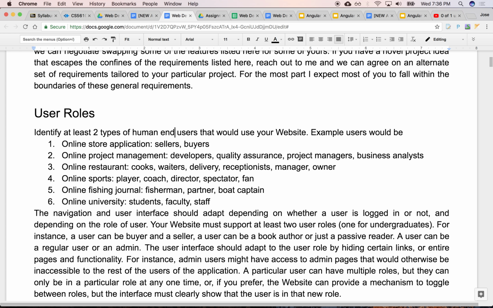In some cases, I always get the question, but I can't think of another user. I have this application. You can search for movies, and it's just one user. They can search for movies. What other types of users are there? That might come back to say, well, it is okay,